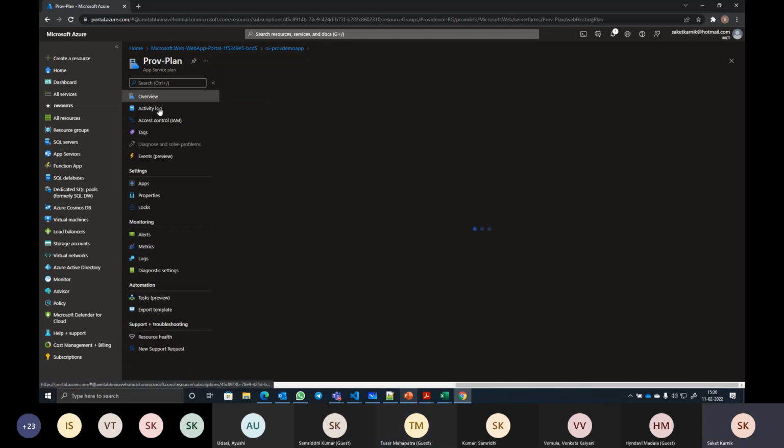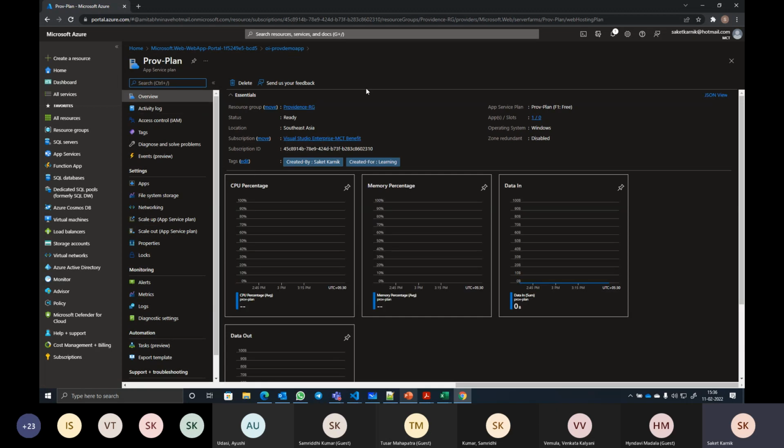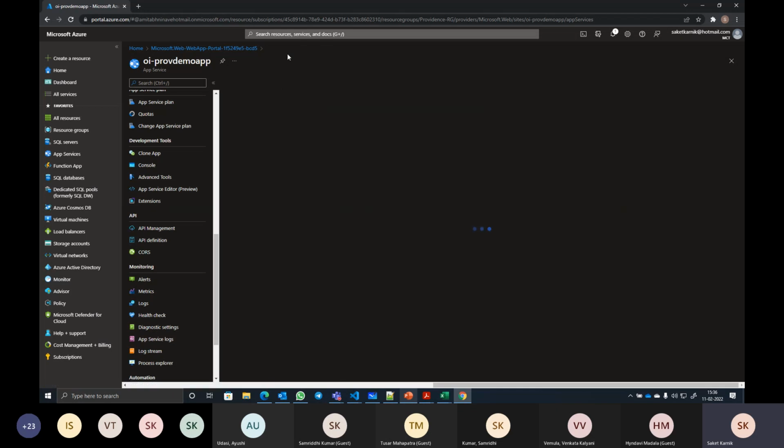Here we do have the app service plan also. The details of the app service plan are displayed. You can scale up and scale out from here as well by going to the app service plan. I come back to my main app